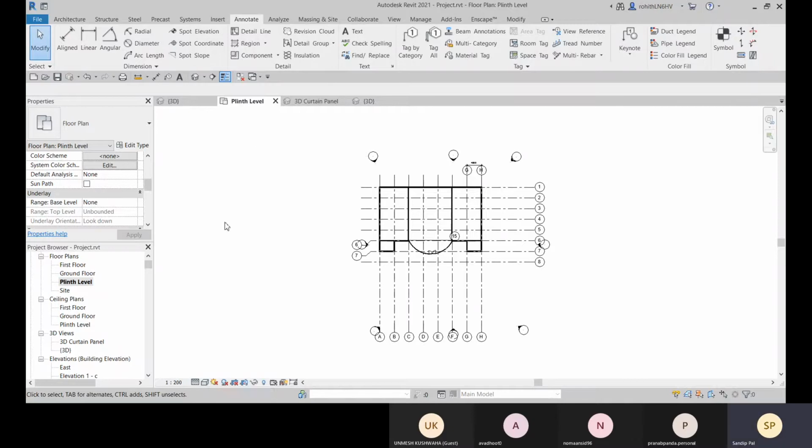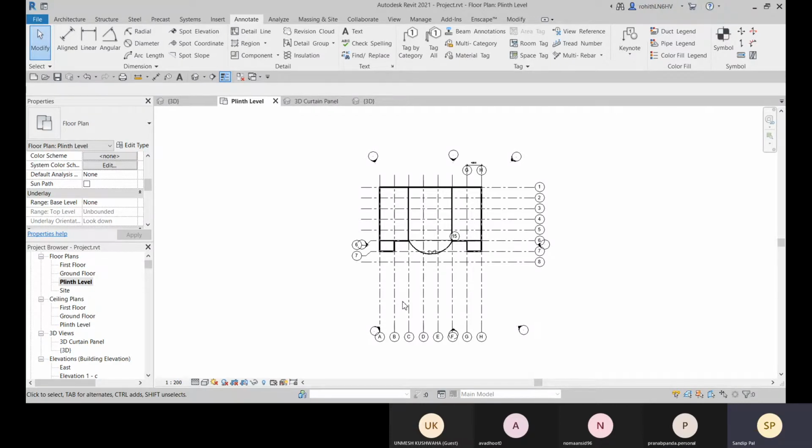Okay. So if you need all these settings within other views as well, then what you need to do is save all these settings as a template. So that is the meaning of template I have already mentioned in the first class. So you need to create a view template.